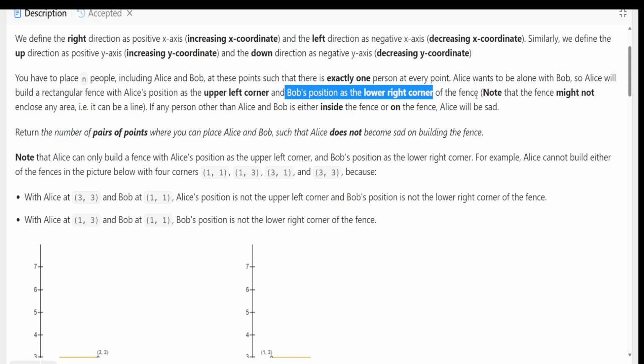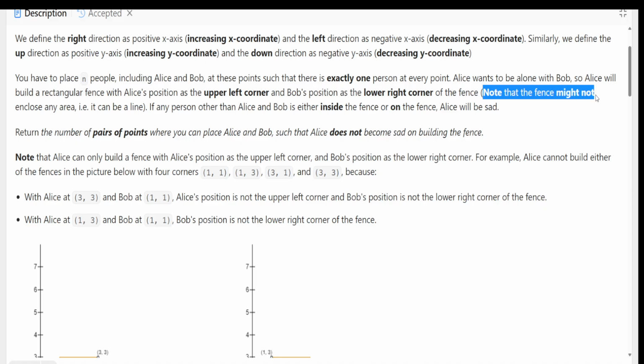Understand? So let's suppose there is a rectangle. If you take the upper left, that position will be Alice's position, and the lower right corner will be Bob's position of the fence. Now it says note that the fence might not enclose any area,